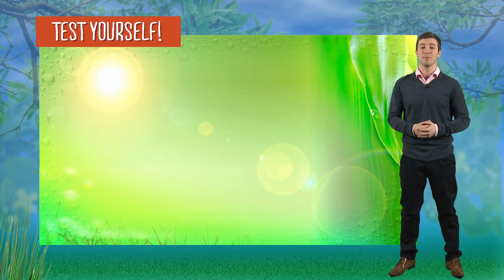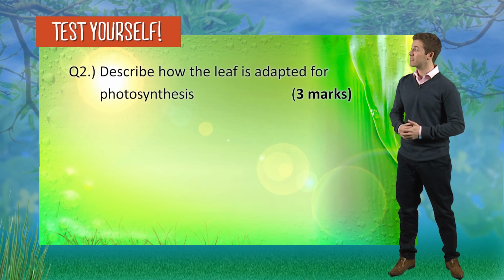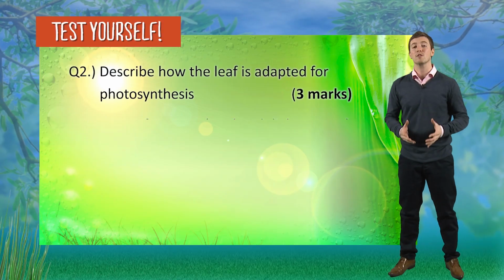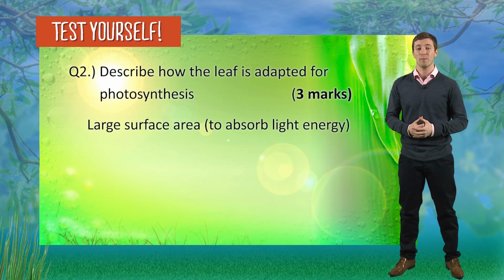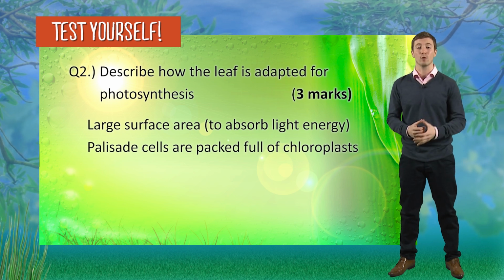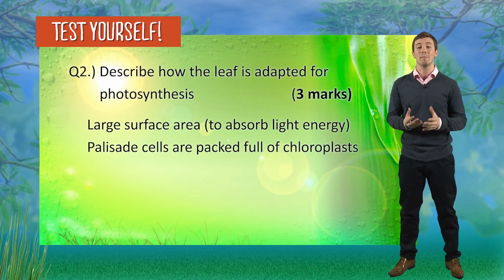Question number 2. Describe how the leaf is adapted for photosynthesis, worth 3 marks. Well, let's take a look at some of the possible answers. First of all, the leaf has a large surface area to absorb light energy. It's also packed full of palisade cells that contain lots of chloroplasts, helping them to absorb the maximum amount of